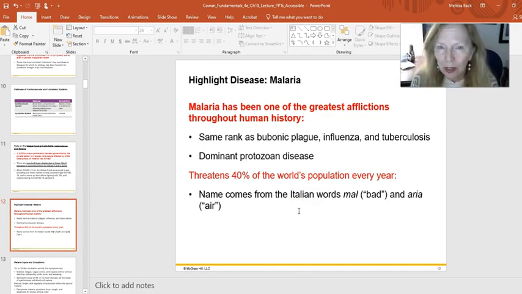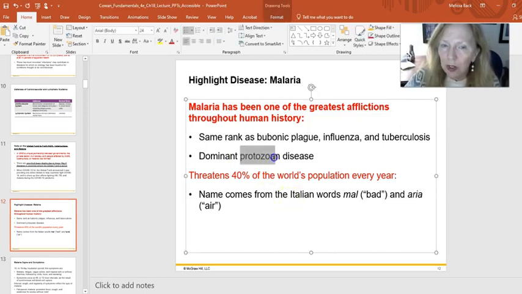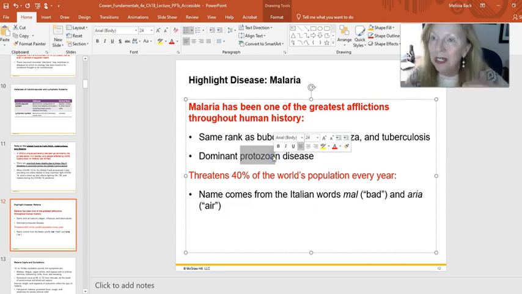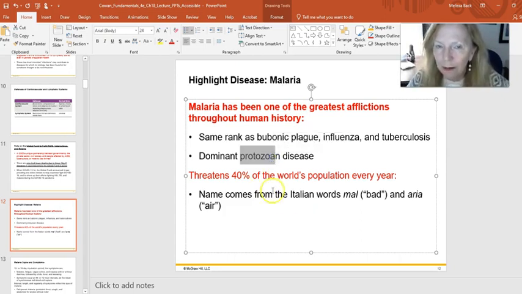Malaria is caused, as I said, from a protozoan. The genus is Plasmodium. There are 5 different species that actually contribute to this one disease that we call malaria. And we understand that this actually doesn't just threaten very isolated countries in Africa, say. It actually threatens a significant 40% of the world's population every year. So I really want you to think about that.